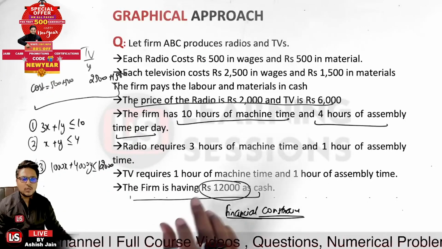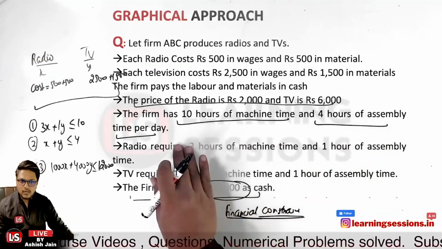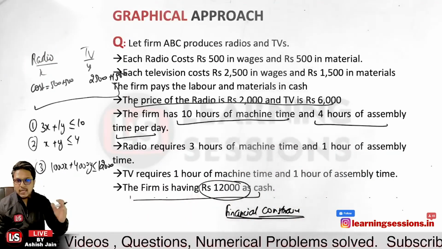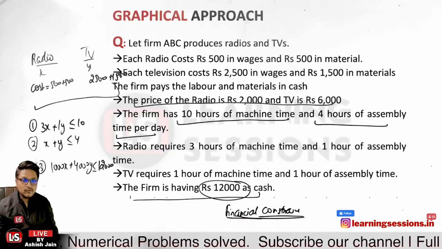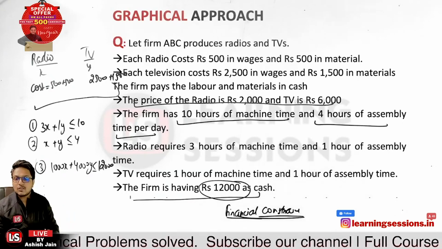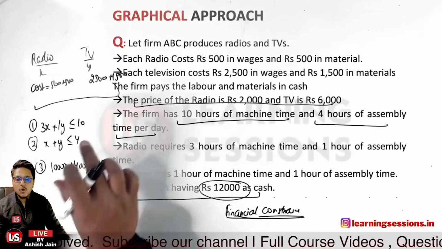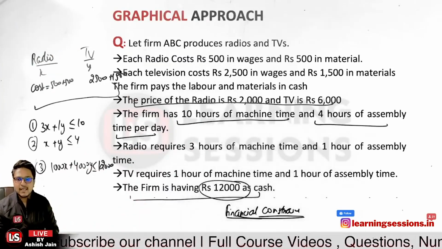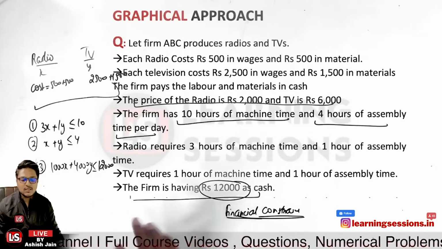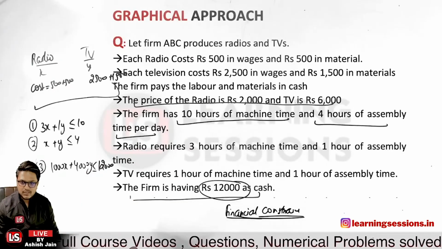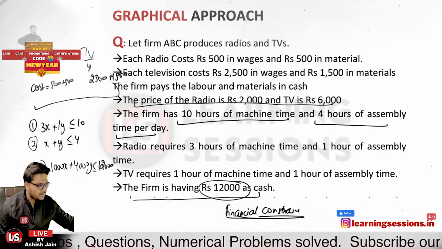So we were having the total assembly machine time of 10 hours and total assembly time of 4 hours. We need to distribute these resources, and further it is also given that we are also having constraints related to finance over here. All the resources must be divided in such a manner that we will be able to maximize our profits out of it. So these are the different constraints over here. Is that clear? Okay, now let's move further.